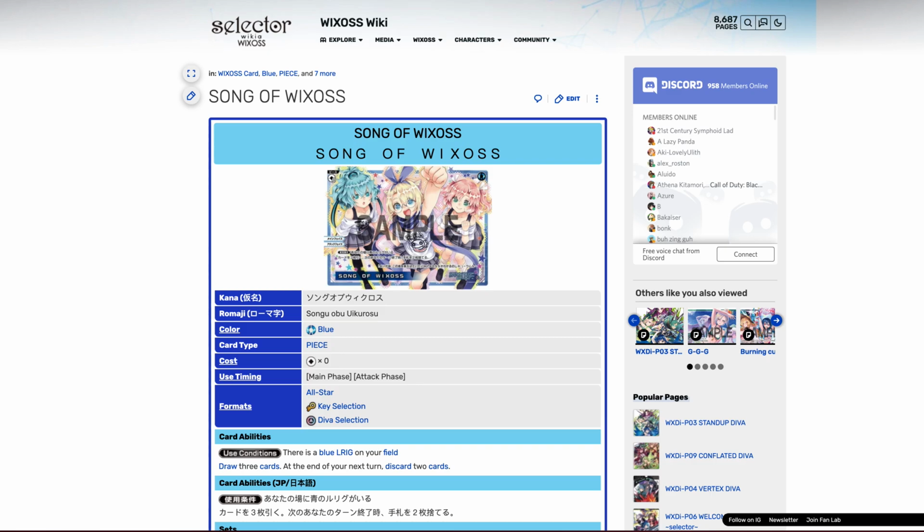Song of Wixoss. The requirement for this piece is that you need to have a blue L-rig on your field. It's got main phase timing, it's got attack phase timing, its cost is 0. What it does is it lets you draw 3 cards, and then at the end of your next turn you have to discard 2 cards. So, is this card any good? It is technically